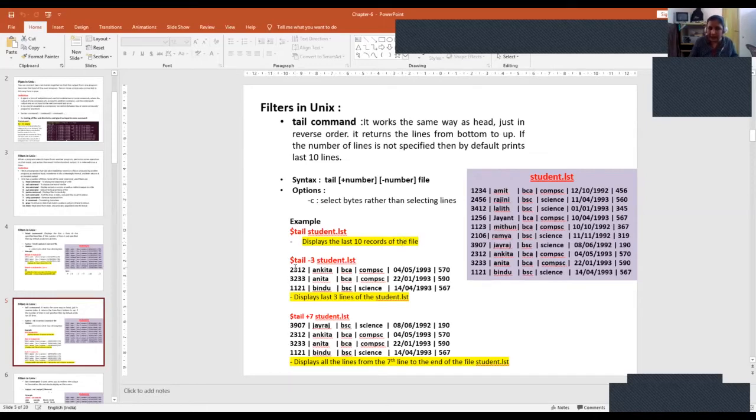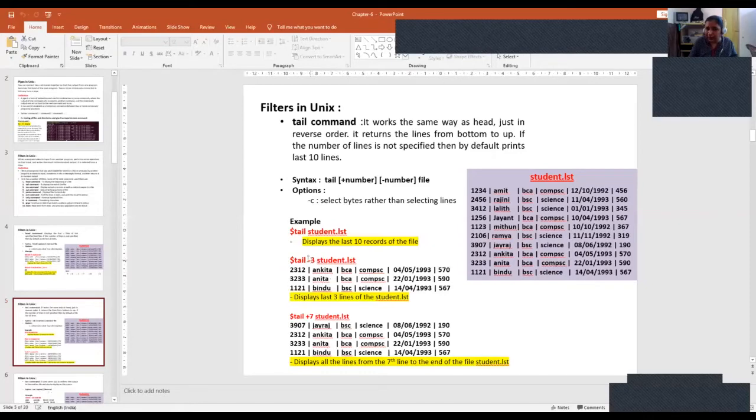Next, tail -3 student.lst. When I say tail -3 student.lst, it means it is going to display the last 3 lines. So these are the lines that are going to be displayed using the tail command.